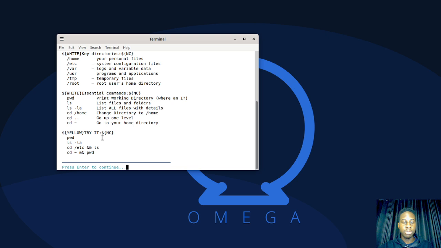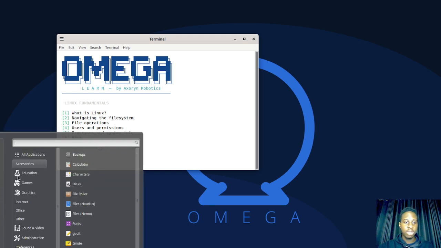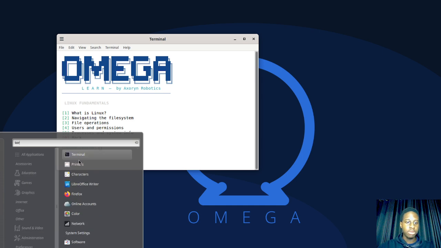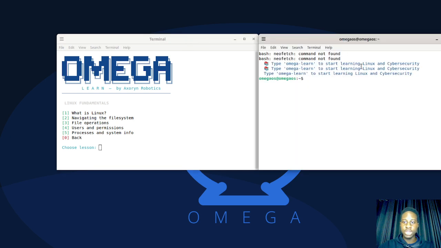But this is still being expanded because OmegaOS is still open sourced, so we still aim to educate our users. Even if you don't want to just open the application for OmegaOS, if you open the terminal, right, Omega Learn is still there. If you type Omega Learn,